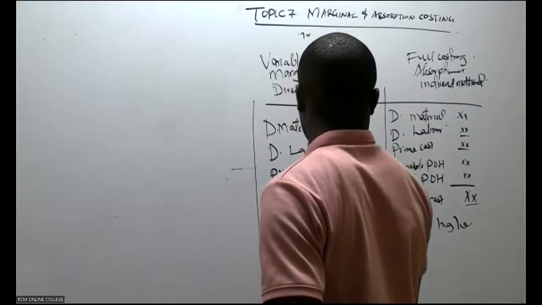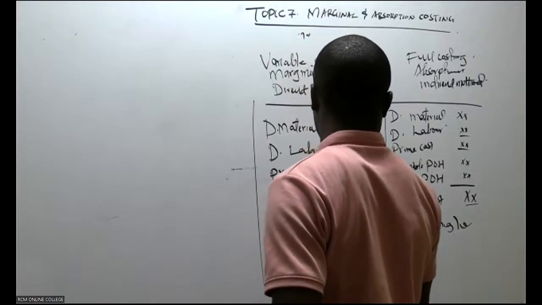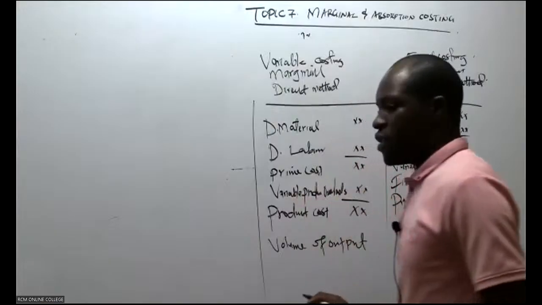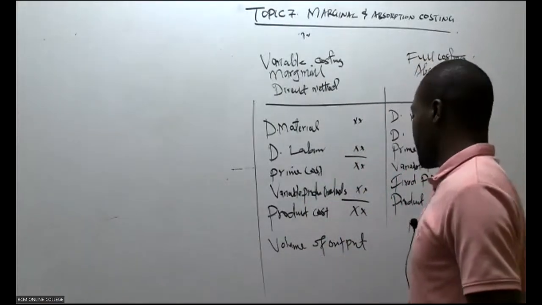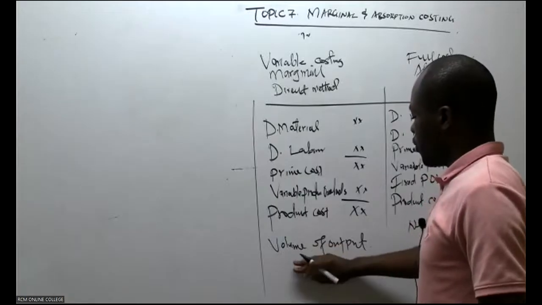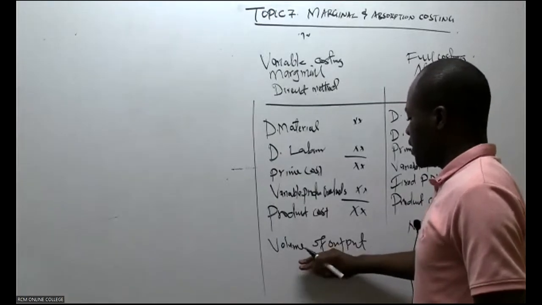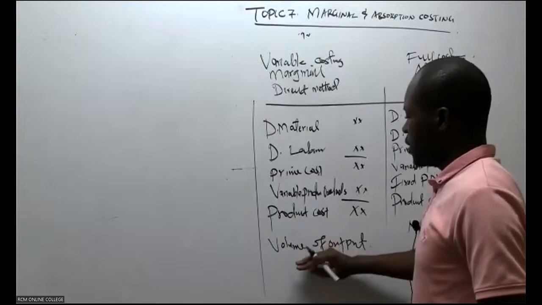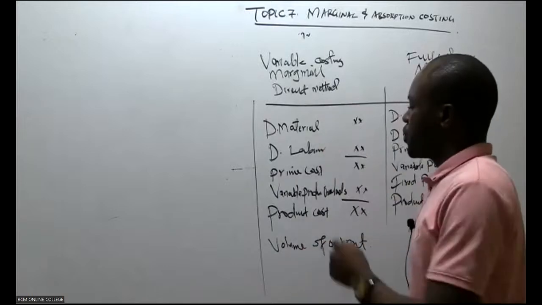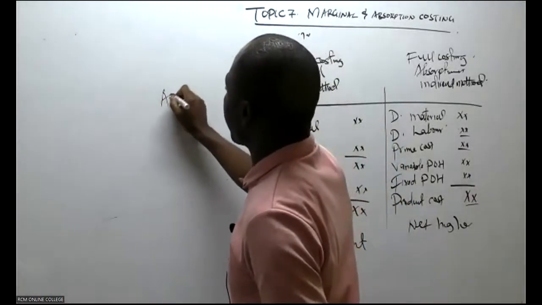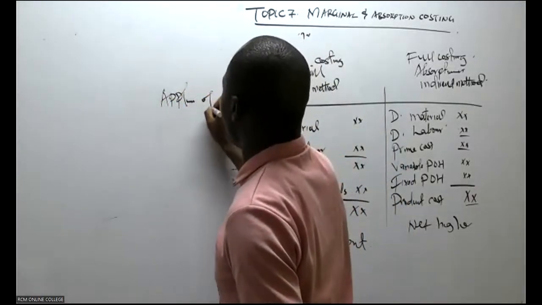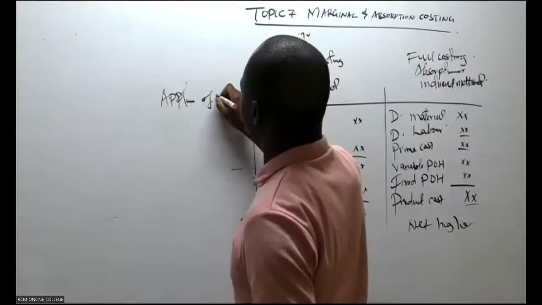Volume of output. If you are keen enough with what we've been discussing in the previous period, it is only volume of output that's going to affect these particular results. So it means this one here is taking you to already applications of topic number 7, or basically marginal